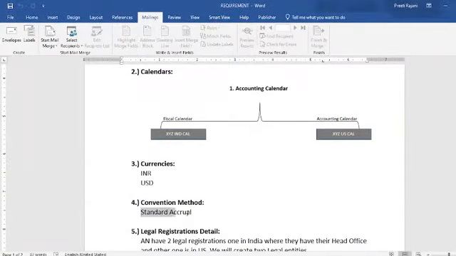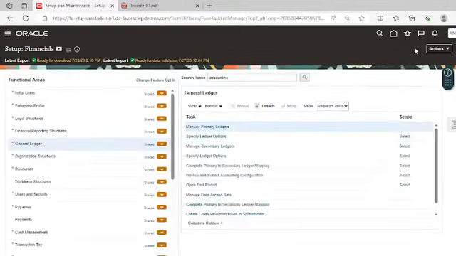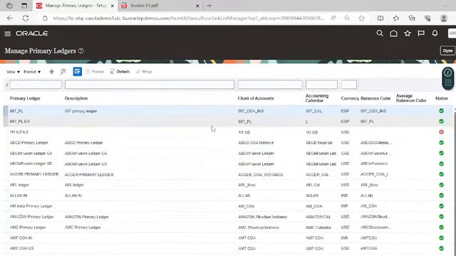They wanted to use the standard accrual convention method, so select the standard accrual method here. Now click on save and close. So we have created the primary ledger for the Indian registration, and now we will create the primary ledger for USA.